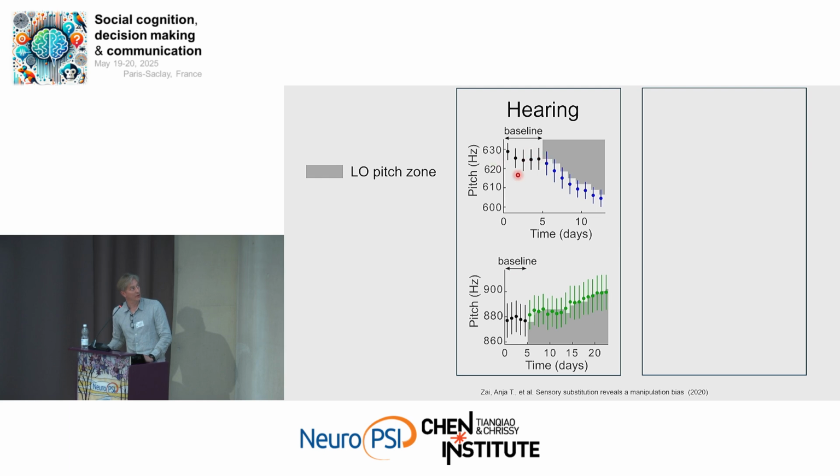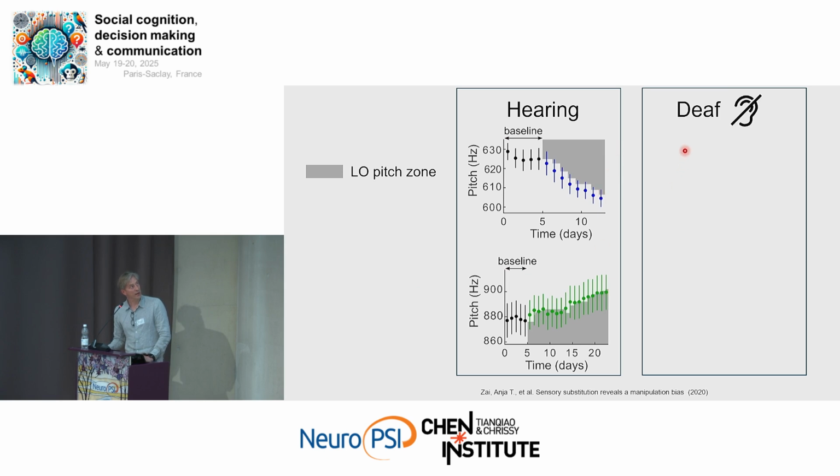And so in hearing birds, when you do this experiment, they don't like it when the light goes off briefly. So here, this is the mean pitch on every day, and the gray area is when the light off is targeted on high pitch renditions. Then you can see over the course of days, the bird shifts the pitch down, and we also shift down the light off zone. And in this other bird, when you turn the light off on low pitch renditions, it will tend to increase the pitch. So they're trying to avoid it.